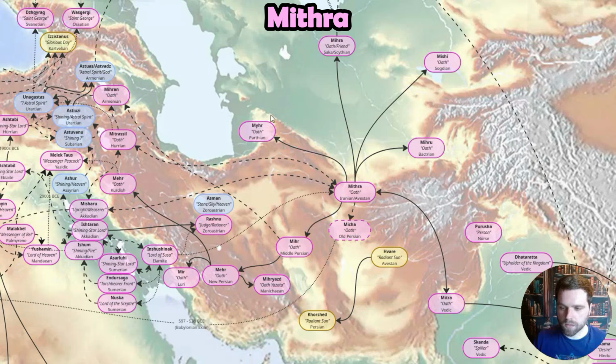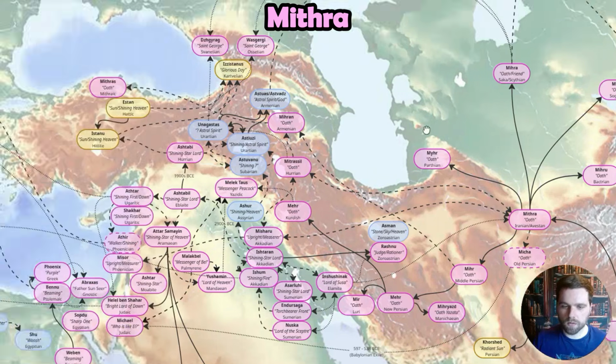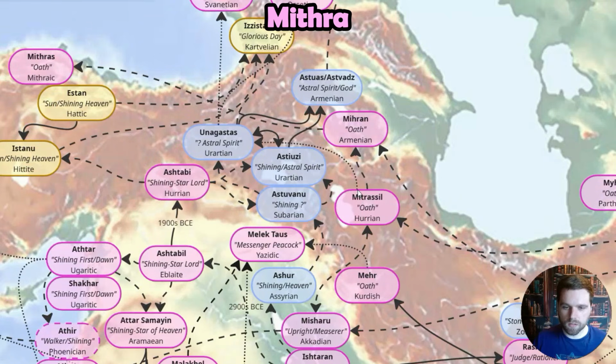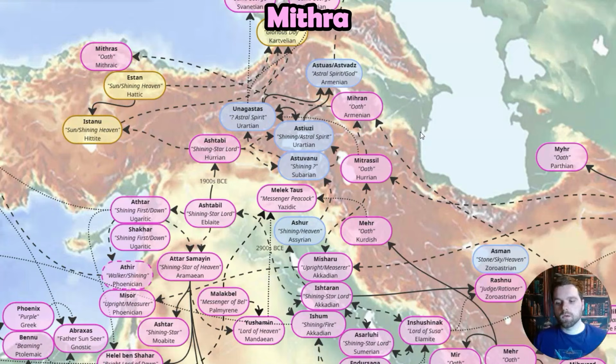Some interesting outlying places that he shows up are in Armenian and Hurrian mythology. A really important part of the Hurrian story is the Mitanni, the name for the alliance of the Hurrians that they ruled their region in Upper Mesopotamia. The Mitanni is related to Mitra and Mithra as a term for the alliance or the friendship in a way, the fellowship, you might even say.